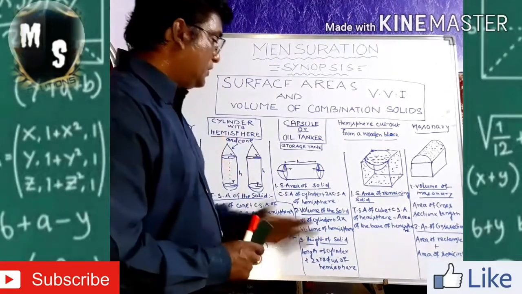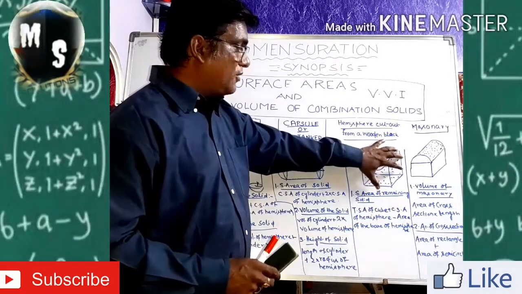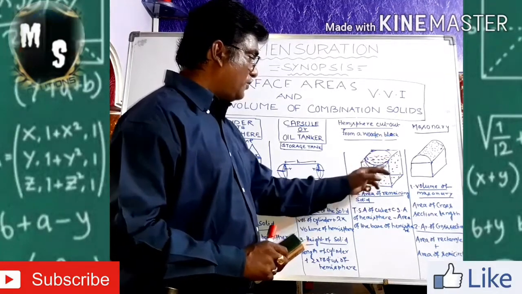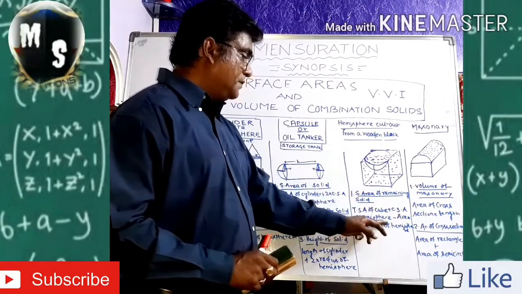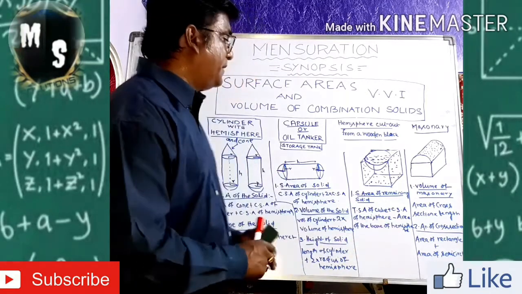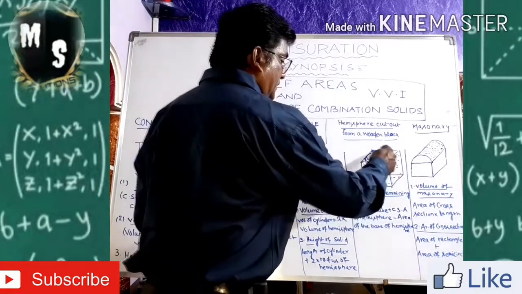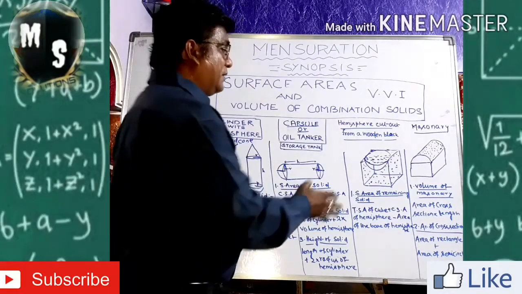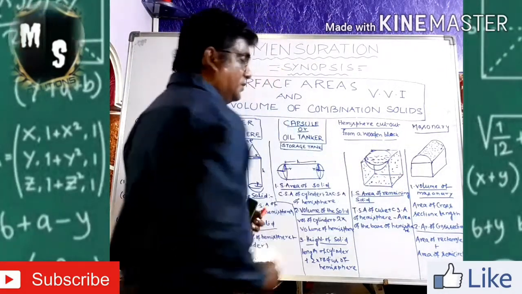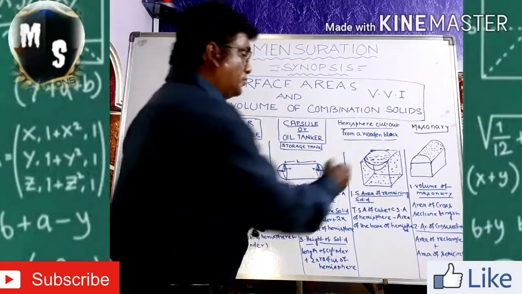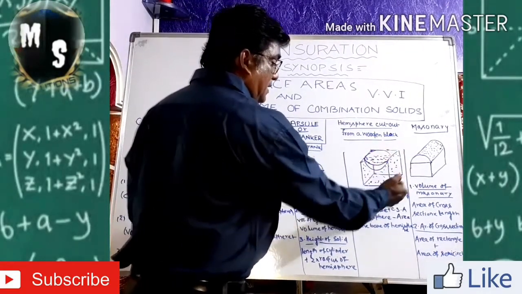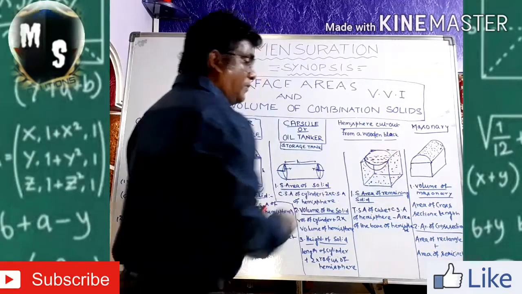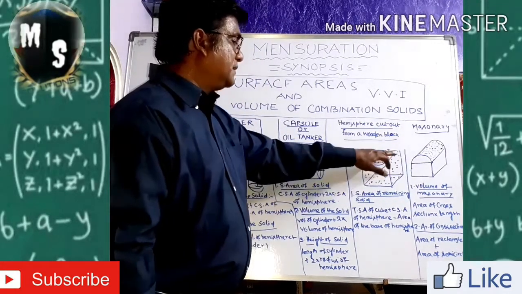Again I am saying to you for this one, see, TSA of a cube, total surface area of a cube, then add the CSA of the hemisphere, and minus the area of the base of the hemisphere. What is the base of the hemisphere? This one is the base of the hemisphere, that means a circle. You have to minus it. Then you calculate the surface area of the remaining solid. Clear? Understood? You will ask me, sir, you said this one is the area of the base. Yes, so this circle area is equivalent to the base area on top. So it is better to minus the circle area.